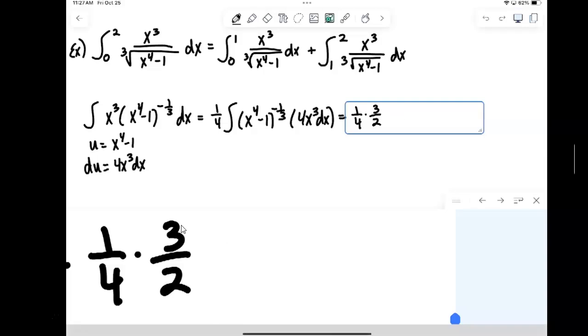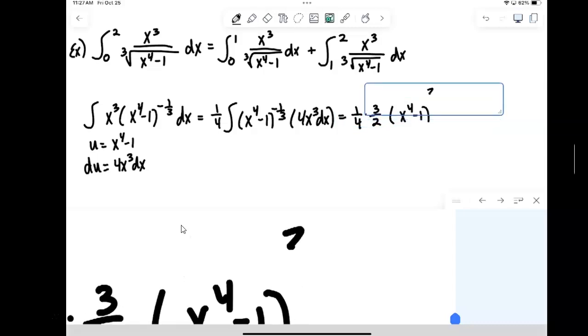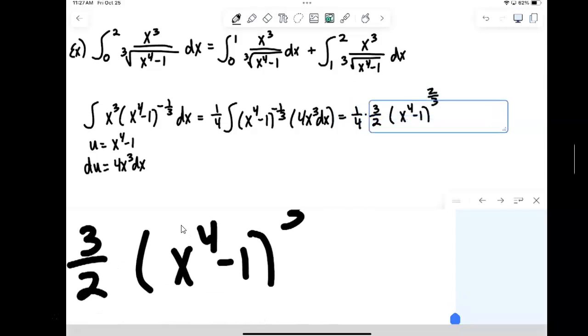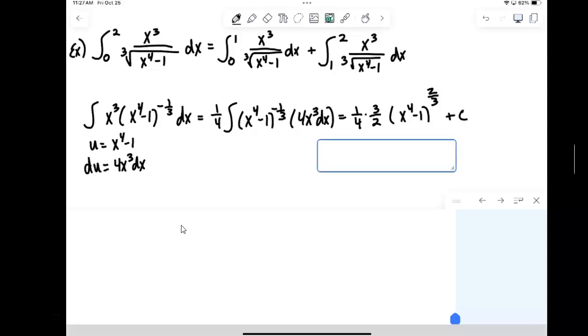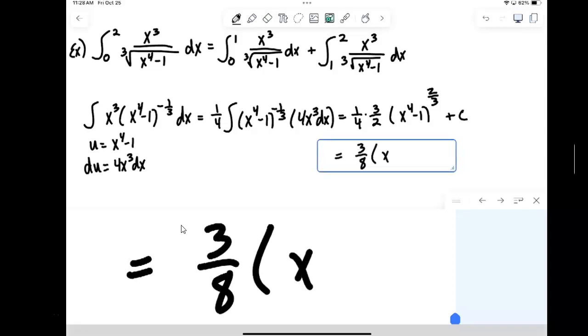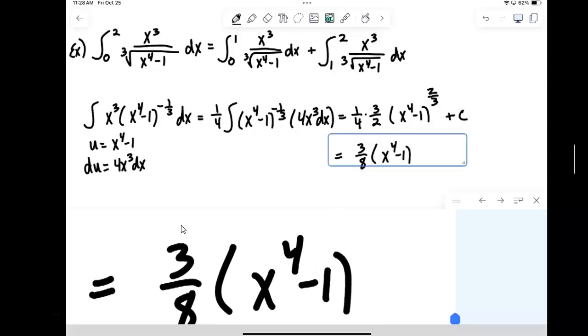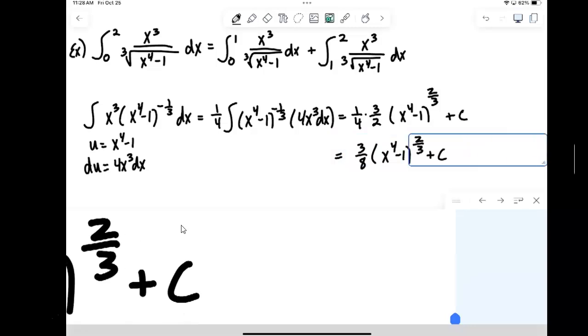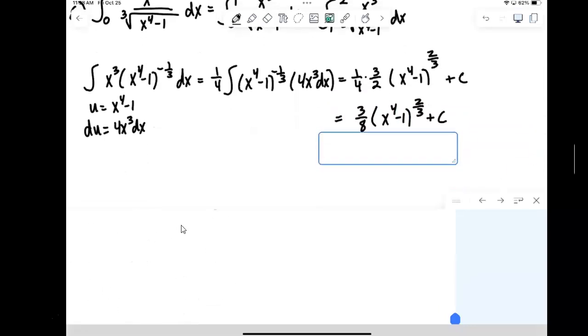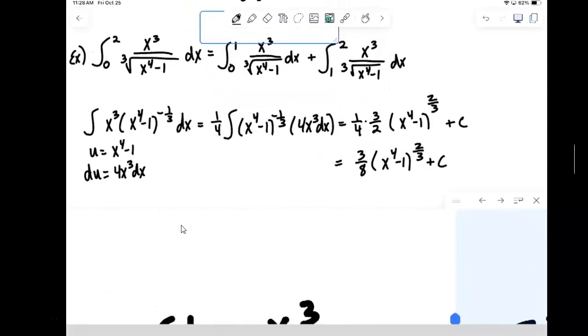U, which is x to the fourth minus 1 to the 2/3 power, plus our constant. So in the end, we're going to have 3/8 times x to the fourth minus 1 to the 2/3 plus a constant. All right, so we've worked the integral out,